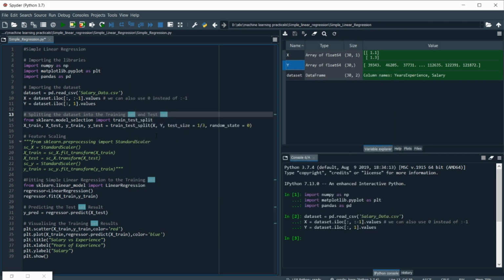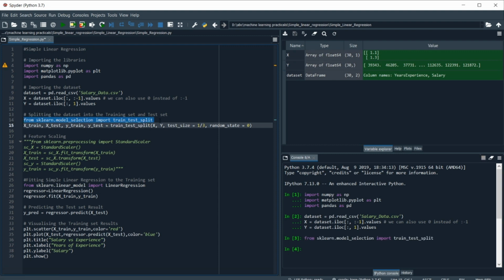Now after that we need to split the data of the dependent and independent variables into a training set and a testing set. This is carried out by an inbuilt function, train_test_split. It splits the data variables x and y into a training batch and a testing batch, and this function is available in the model_selection package of sklearn. So we are going to import this function into our code first.